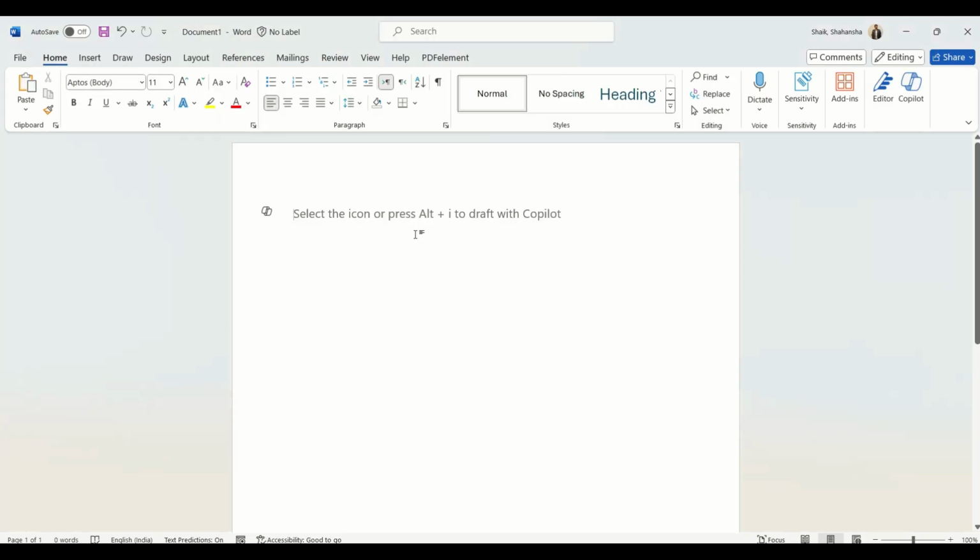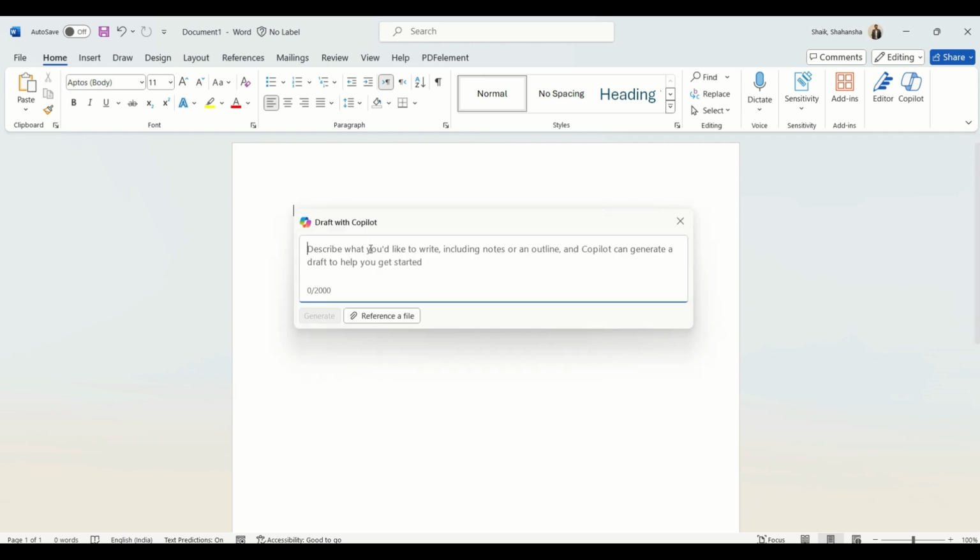For example, you wanted to write an article, then you go to Word and you start writing your article. Or you can go to ChatGPT and you can get some ideas from ChatGPT and you can start writing the article. But now you have a very powerful AI assistant directly integrated into the Microsoft products, which is called Microsoft Copilot. So here you can see a small icon, or you can say Alt I, so that it opens the